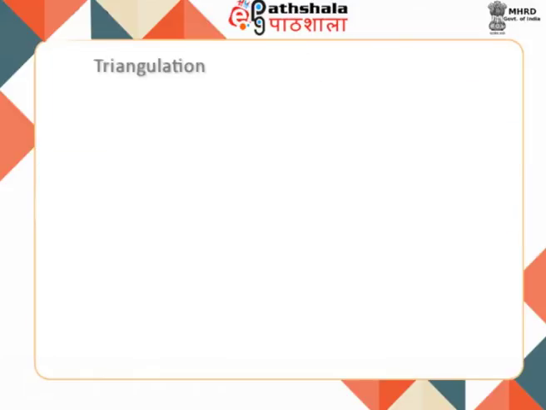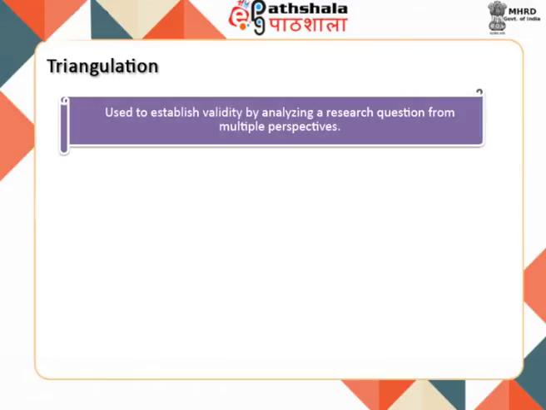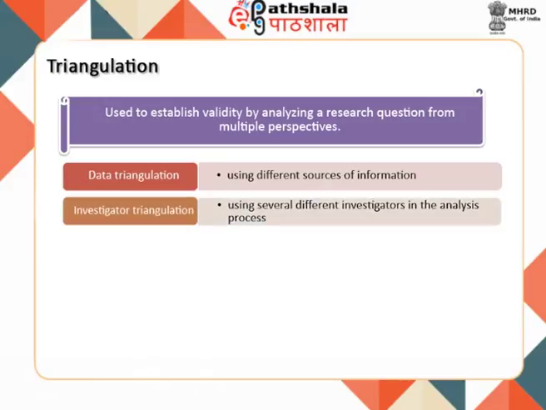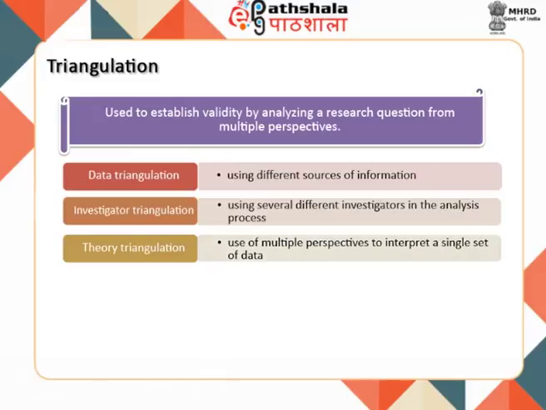The triangulation method is used by the researcher to establish validity by analyzing a research question from multiple perspectives. There are five types of triangulation: data triangulation, which involves using different sources of information; investigator triangulation, which involves using several different investigators in the analysis process; theory triangulation, which involves the use of multiple perspectives to interpret a single set of data;